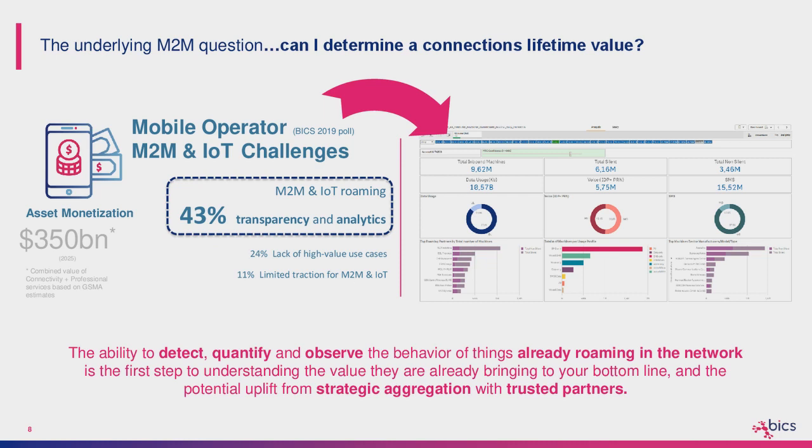Now, for you as the mobile operator or the end user, or sorry, the person who's trying to leverage M2M and IoT, it is important to understand that there's a huge value potential in applying data science. This is only one use case that we see here, the detection, but you can apply it, for example, to the quality of experience. Today, for example, a lot of the information we have is skewed by the fact that machines and humans are mixed into one KPI computation bubble, for example. Is success rate only for my people in roaming, or is it only for my machines roaming? These are some questions that maybe today we don't even ask ourselves clearly.